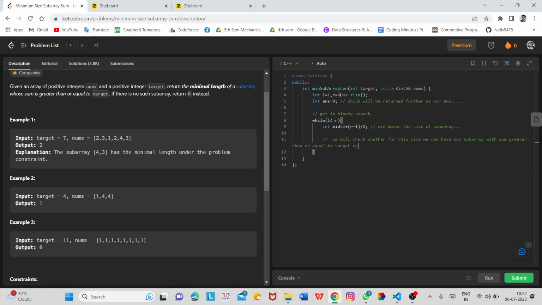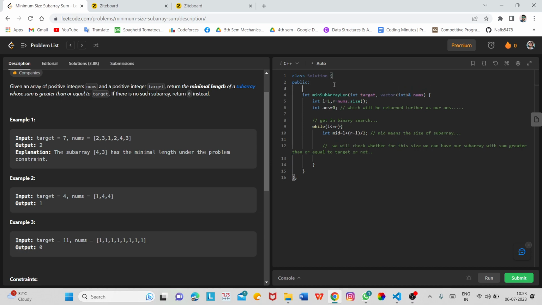So this condition will be checked. To check this condition, I am going to make a boolean function, bool check, and the parameters that will be passed here are int target, vector of int nums, and again our mid.